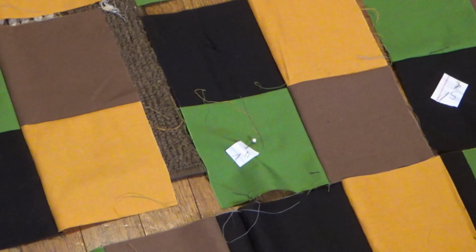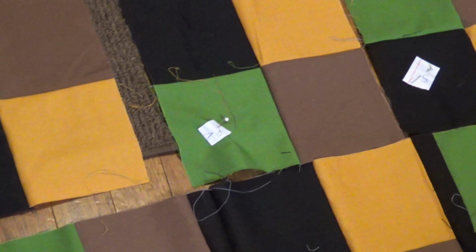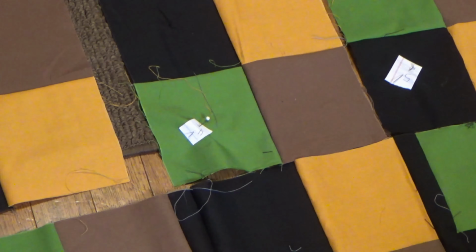Notice there's a little piece of paper right there. That paper is marked, so she doesn't get confused when she's sewing them all together which way is up. Now all those squares go together and form, and this is too wide of a shot, a quilt. She'll have to sew all these squares together now to form this big blanket, and then